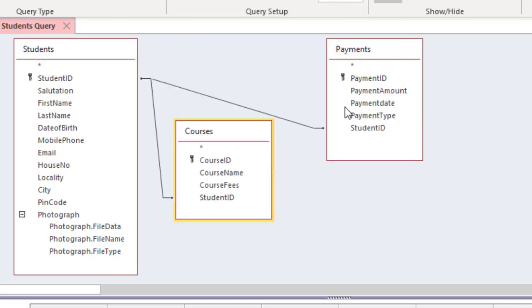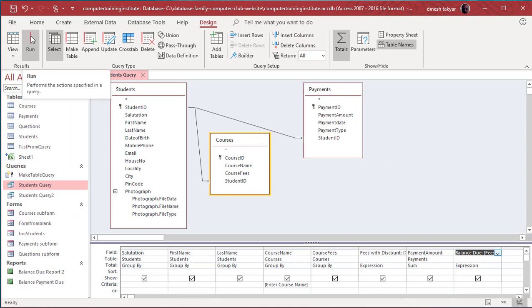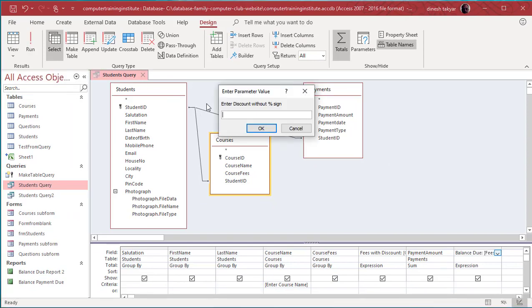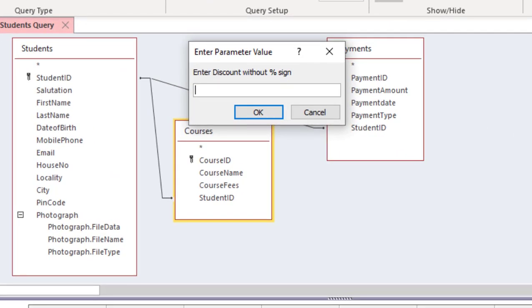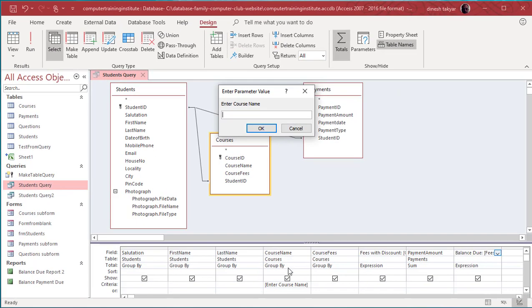So we'll say okay. We will run this by clicking on the run icon here, and there you see it asks us to enter discount without the percentage sign. So let me enter, for example, 5. Okay. Enter course name, because if you notice here below under course name we have also requested for the parameter query, enter course name. So we have to enter a specific course name like Excel VBA. Of course we can remove this parameter query to get the balance due for all the students. So we'll say okay,